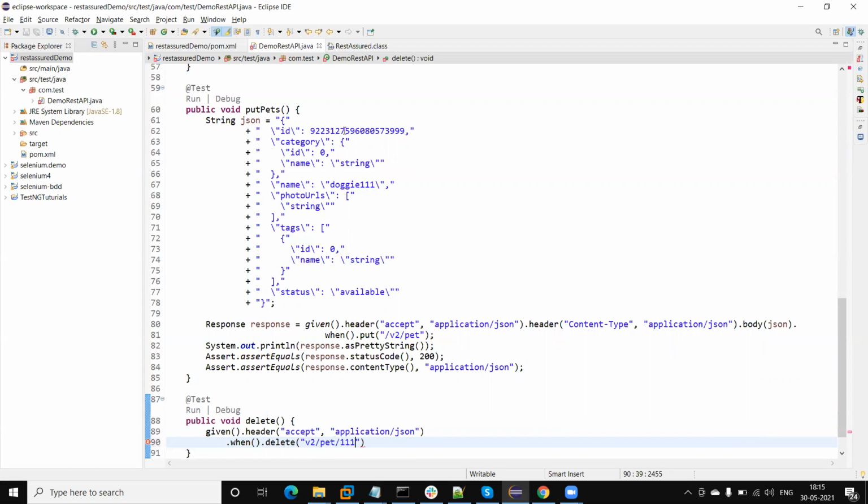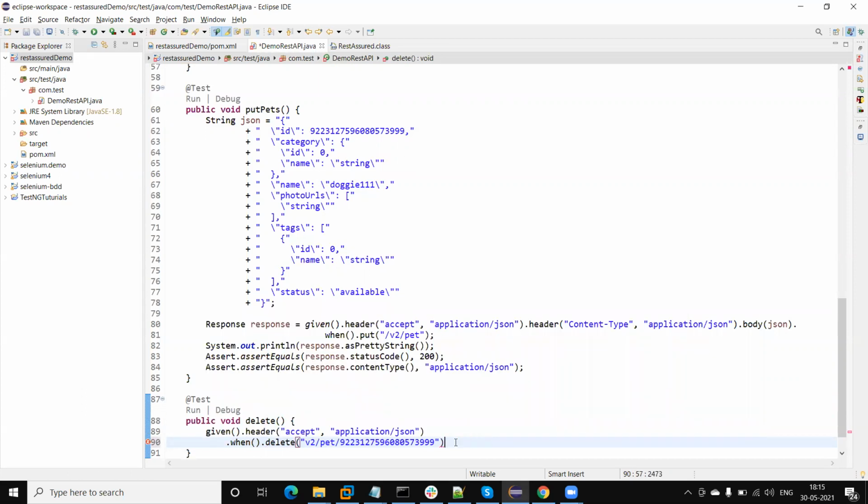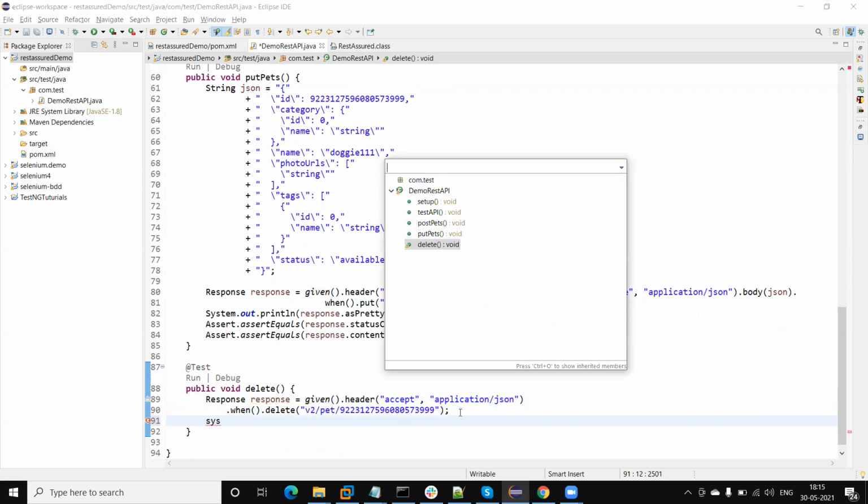Suppose this is the pet ID and I am going to delete it, so I will pass this ID. It will delete this pet from the database, and this will return us the response. Let me print the response.